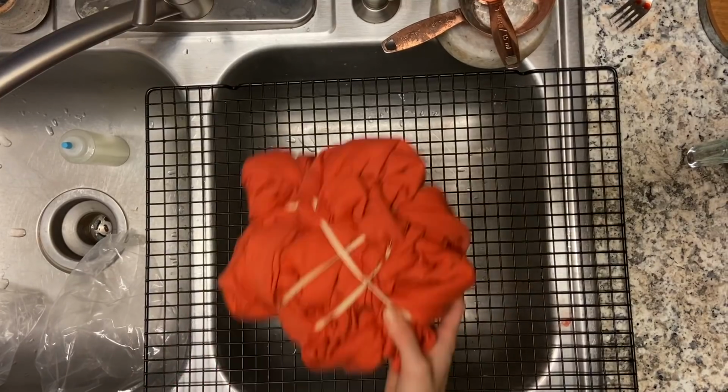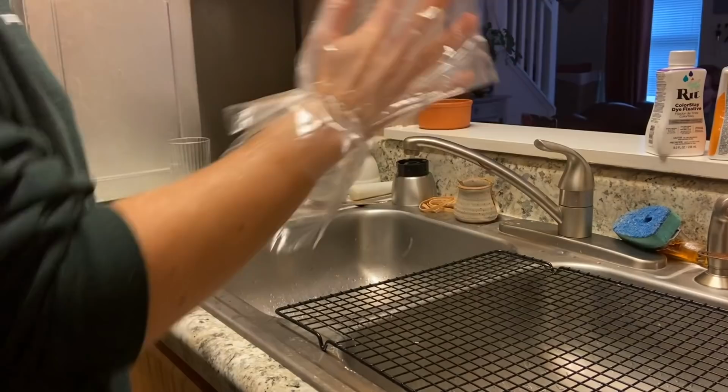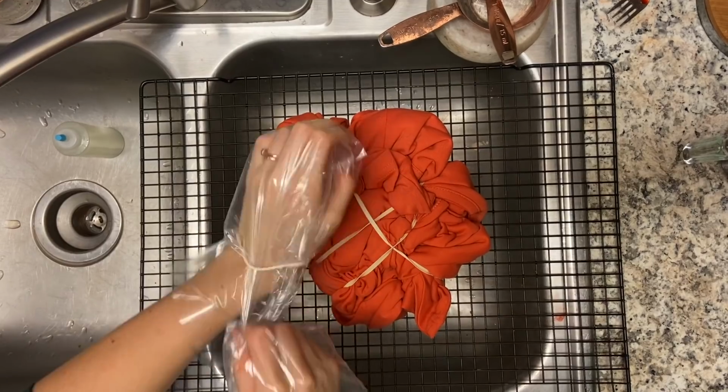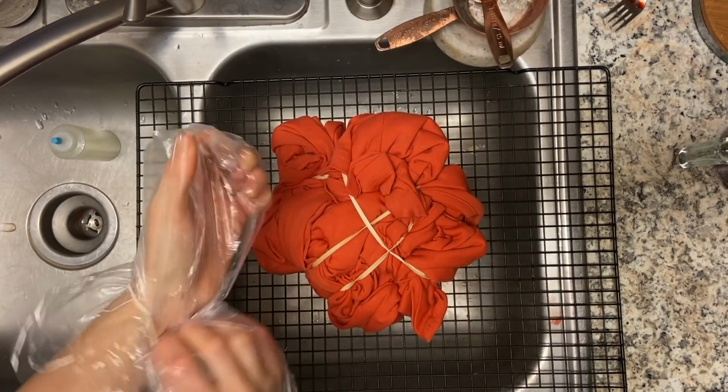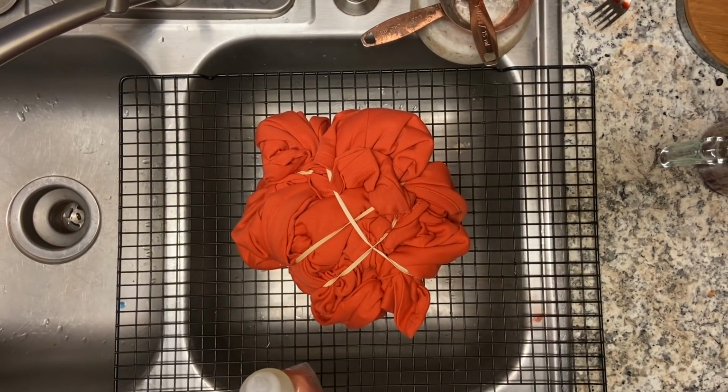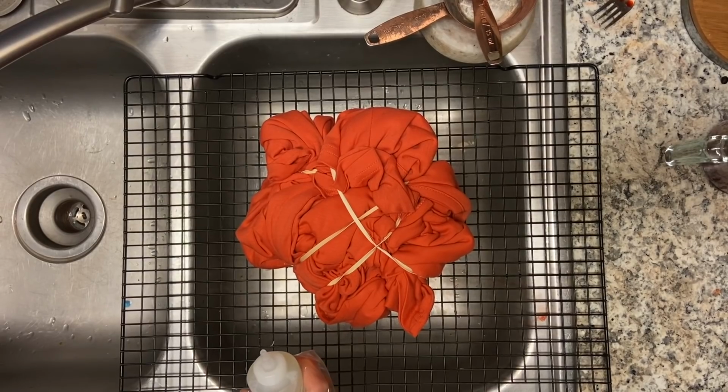This is about to get real messy. So I don't actually have gloves, but I do have a lot of gift bags for food things. So I took some rubber bands and we're gonna reuse those in a very strange way as gloves. So gloved up, I am taking my bleach and staring at this dress because I had no idea where to